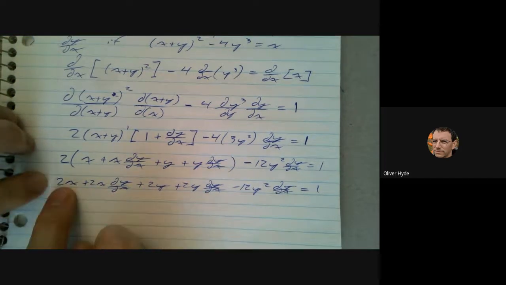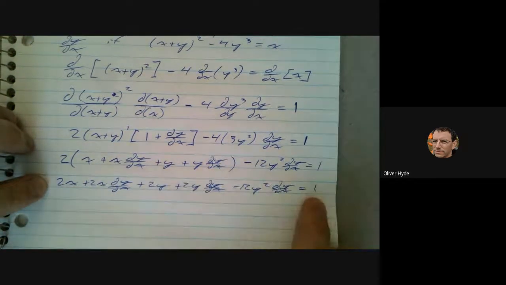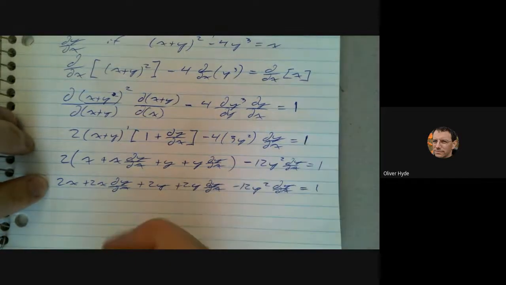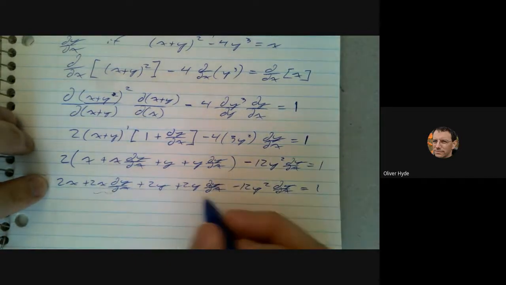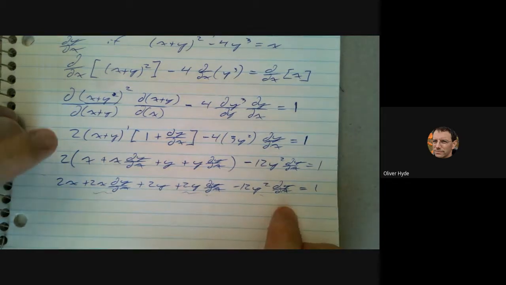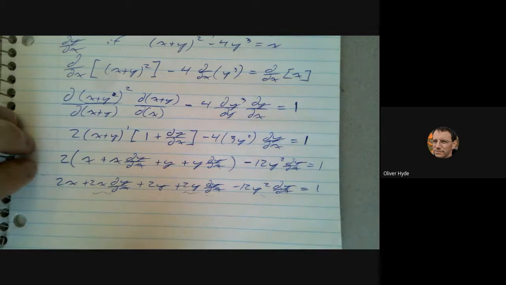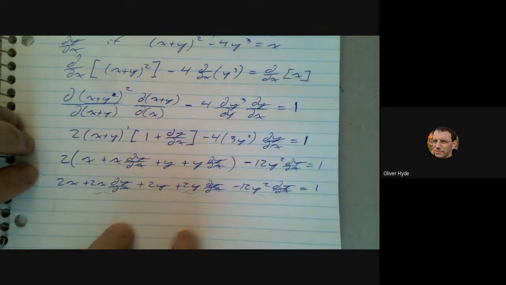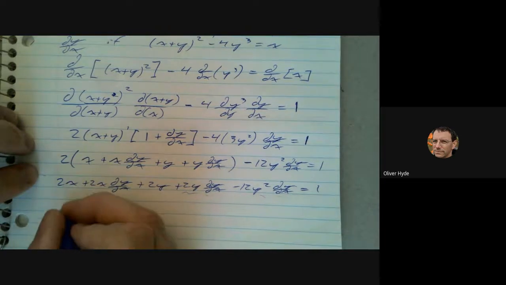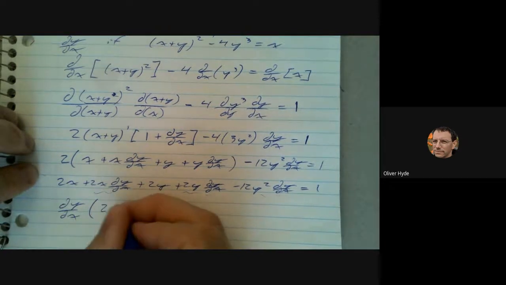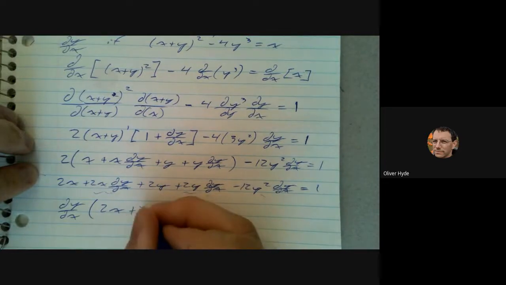Let's say subtracting 2x and 2y from both sides, and then removing a common factor from what remains. So here are my delta y by delta x terms. They're not like terms. Well, they don't have the same coefficient, so I'm not just simplifying the addition of them together. I am removing a factor of delta y by delta x from them, leaving me with 2x plus 2y